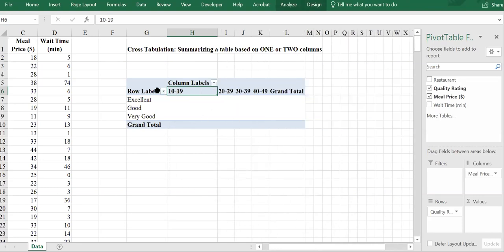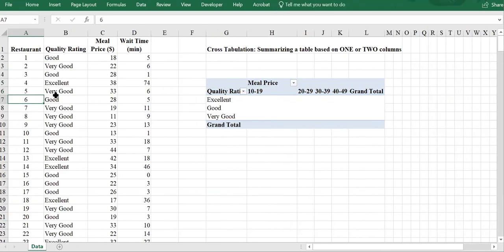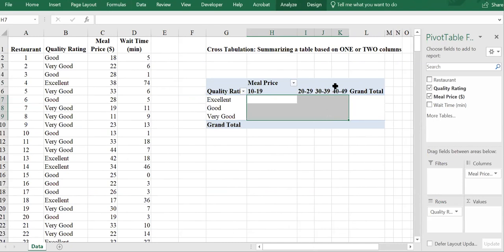So I have quality rating, and I have the meal price. Now I want to know, so I have how many different groups? I summarized this table. I basically classified all my restaurants into 4 times 3. So now, if you look closely here, we have 3 by 4, 12 different groups, 12 different cells here. And for each one of these groups, all the excellent restaurants with the meal price of 10 to 19,